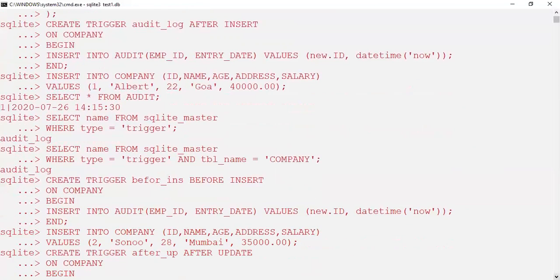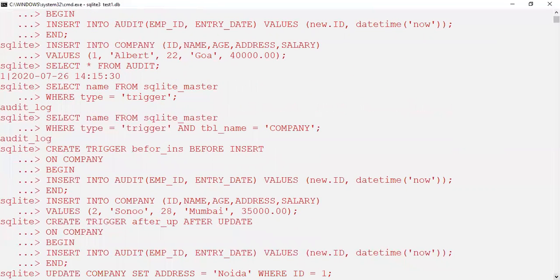So this is the syntax we follow, and finally we insert into company, and these are the values according to the given fields. Finally, you can see that the trigger is created already, so you cannot insert the record. And here you can see once you use create trigger, after update and after. So this is after and this is before. So this is the syntax that you may use for creating triggers before insertion.